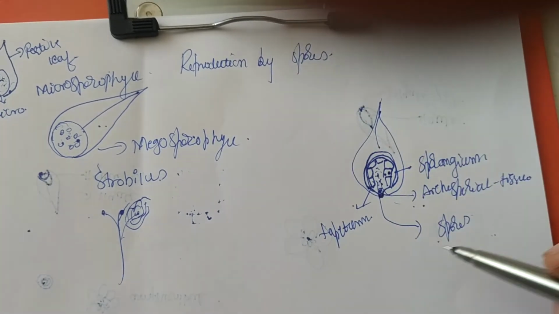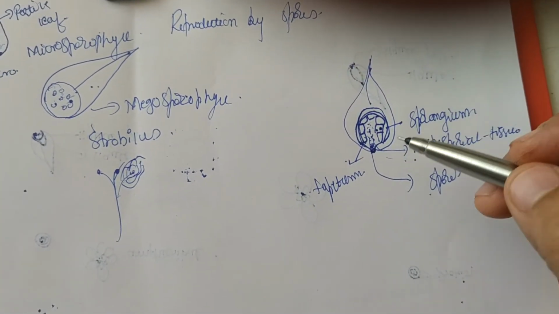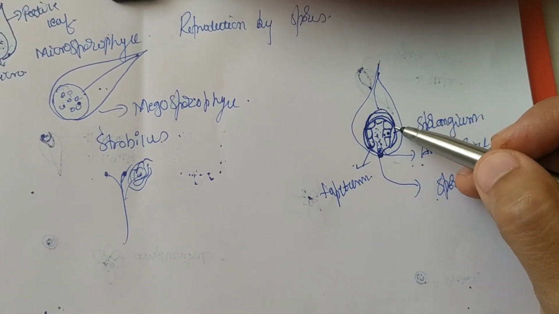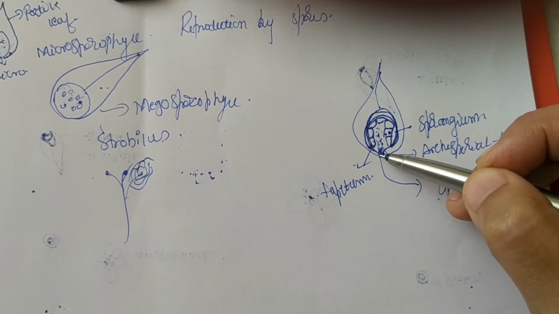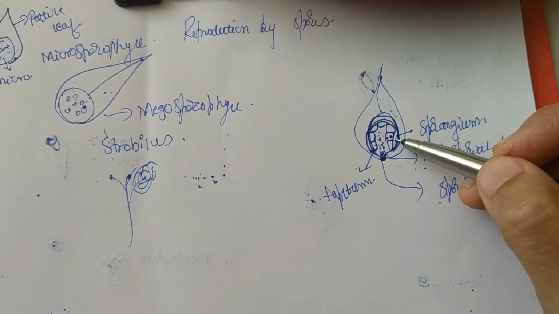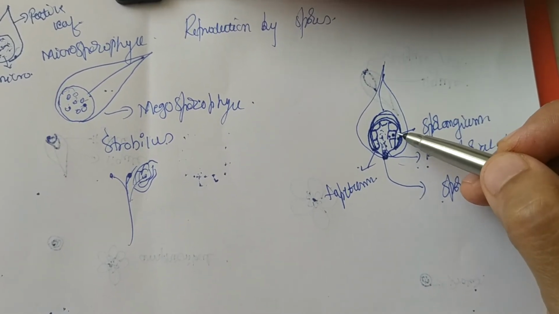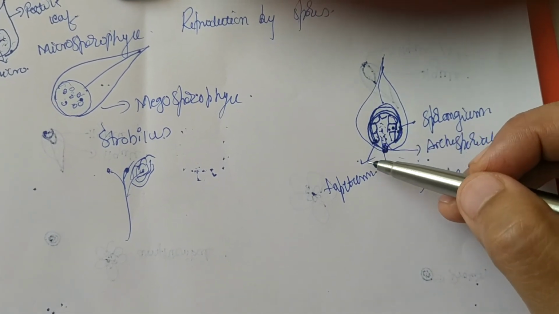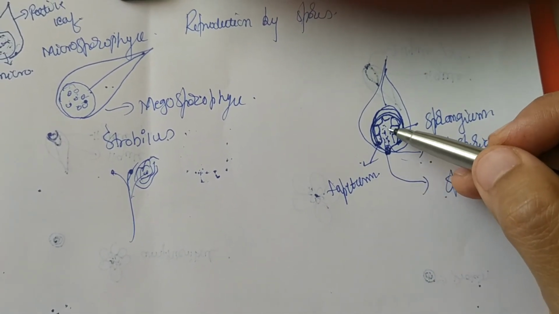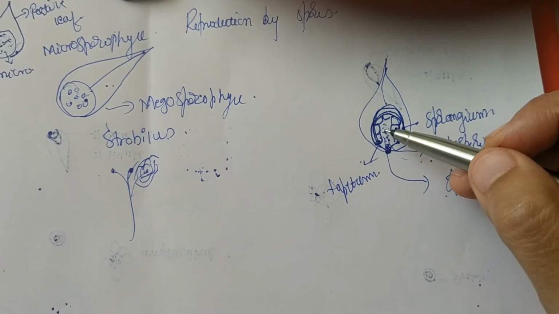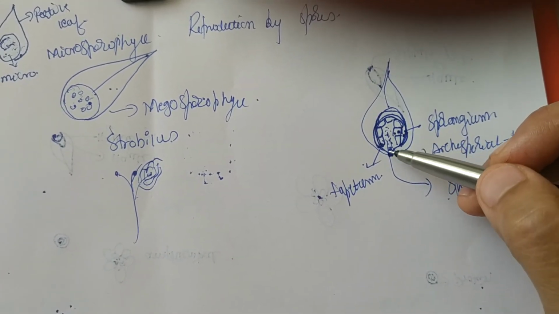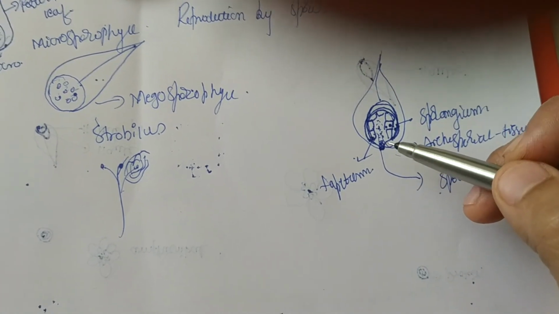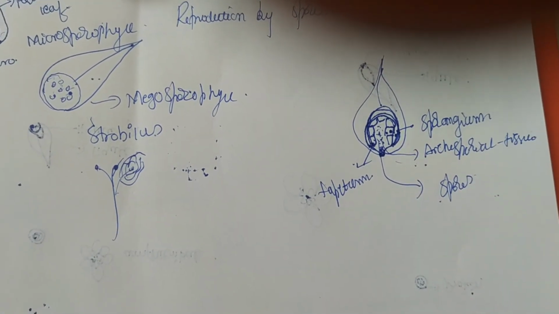So this is the internal structure of a sporangium. How exactly does it look? It has a globe-shaped body followed by a base. The body is made up of two layers, and inner to the two layers we have a layer called the tapetum, which is nutritive in nature and provides nourishment to the growing spores, and the spores are embedded in this cavity. This entire structure is present on the dorsal surface of the leaf. Now we will see how exactly the development takes place.